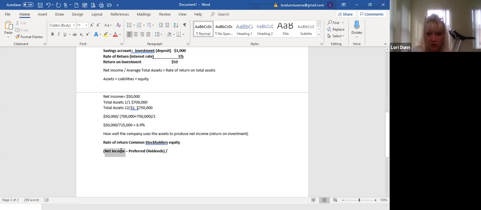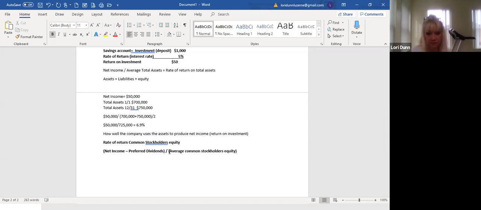Net income we make for all the stockholders. But if we have preferred stockholders, we subtract out the part of net income that's already promised to them, their dividends. So that part of net income will never be given to common stockholders. It's not made for them. That part of net income is made for the preferred stockholders. So now we just have isolated the part of net income, the profit that was made for the common stockholders. We divide that by our average common stockholders'